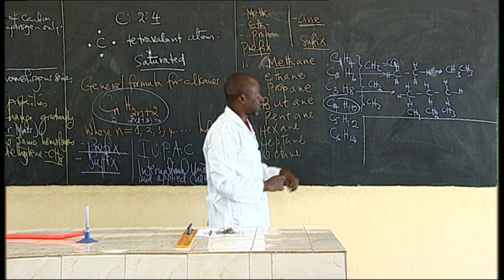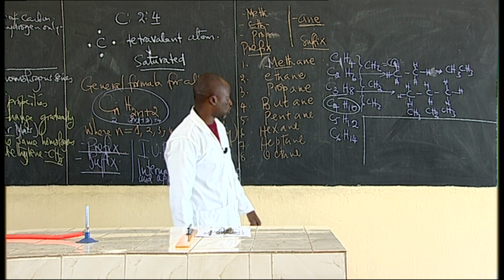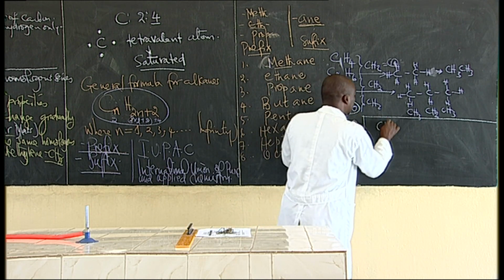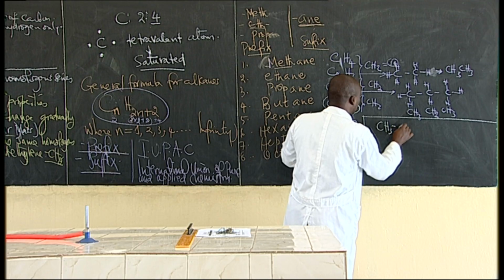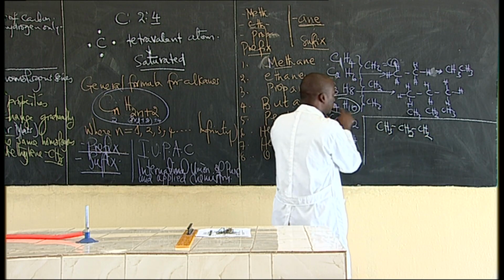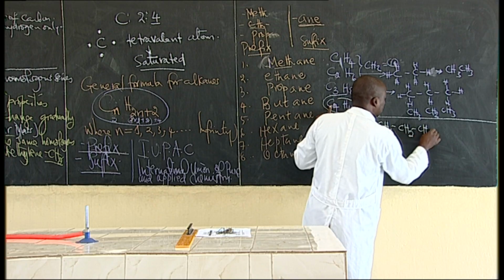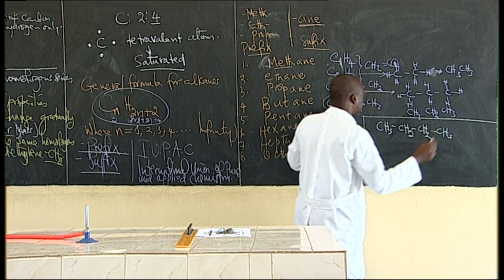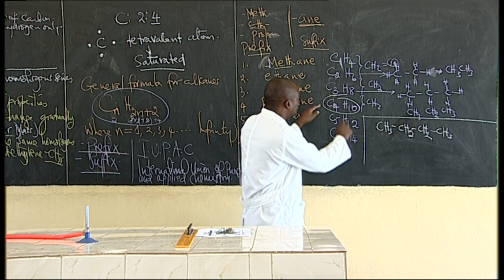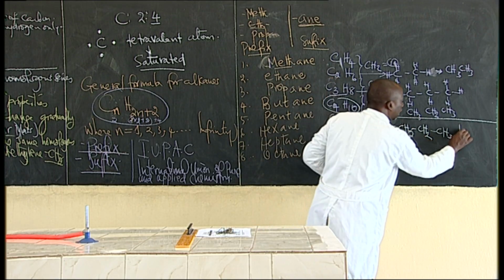The first 3 members do not show isomerism. Now, we said this one can be represented in this form: CH3, CH2, CH2, CH3. There are 4 carbon atoms. When you look at this molecule here, you'll find this is also butane,